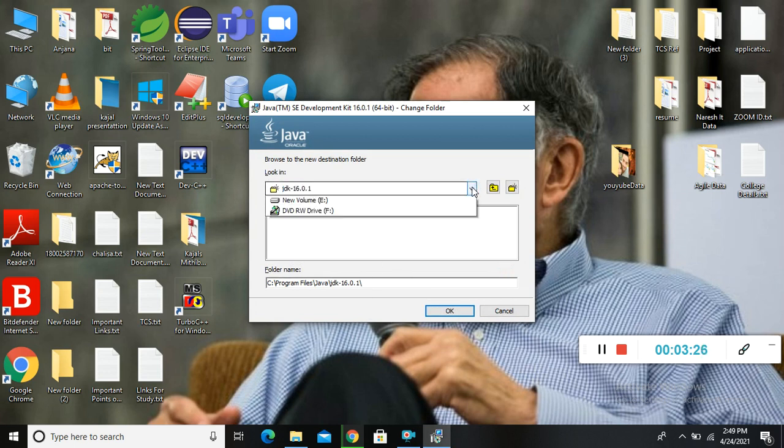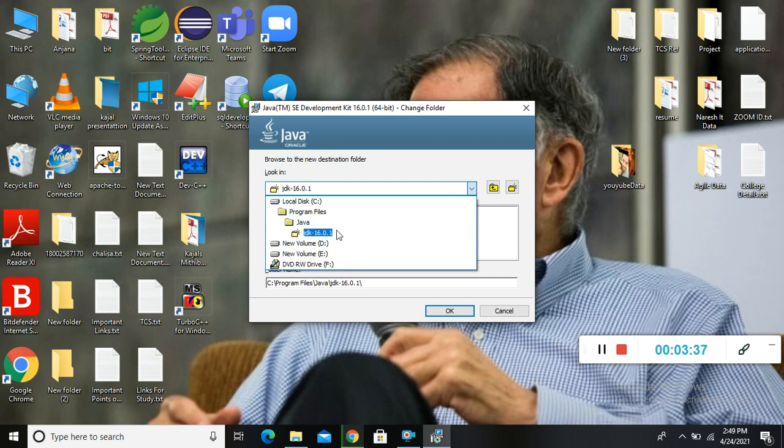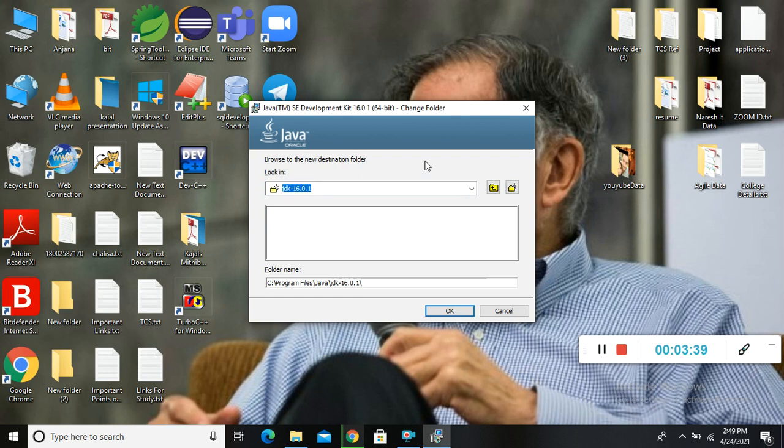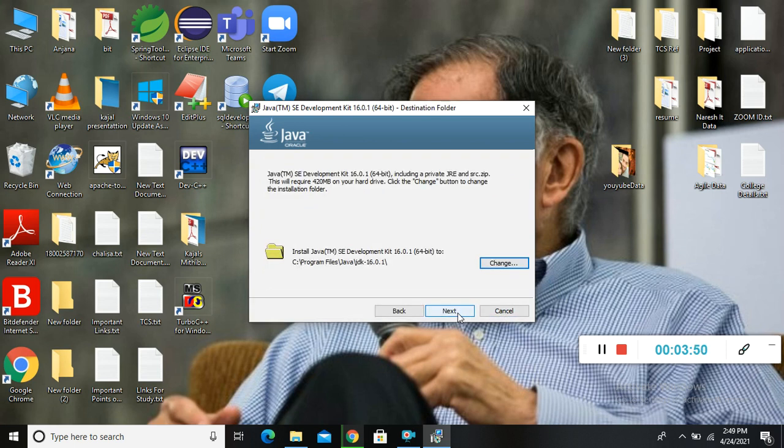If you want to install in E drive or D drive, you can click here, and if you want to install in C, it is already giving the C drive path, so no need to change. So I'm not changing. You just click OK. Okay, so now you have to click next.